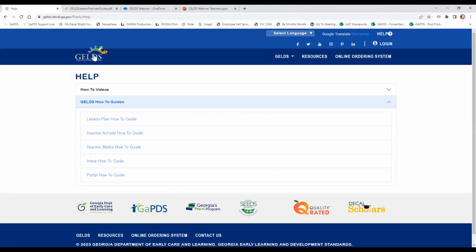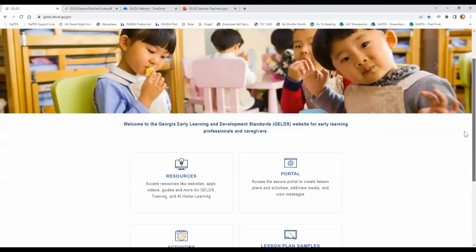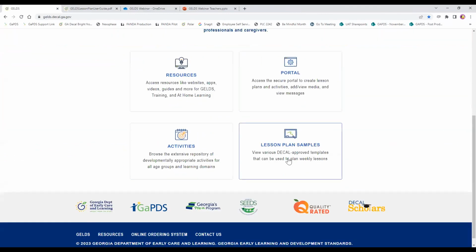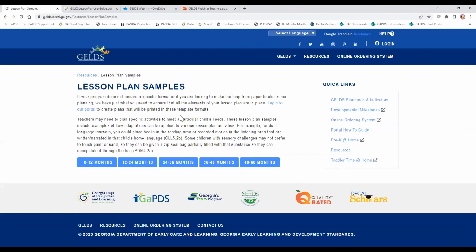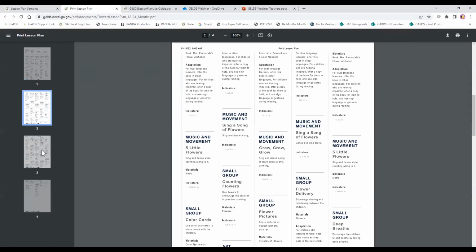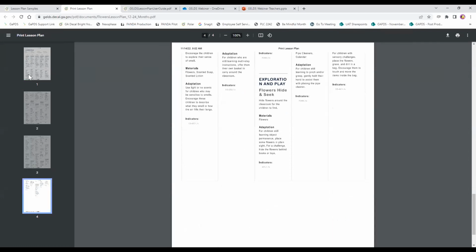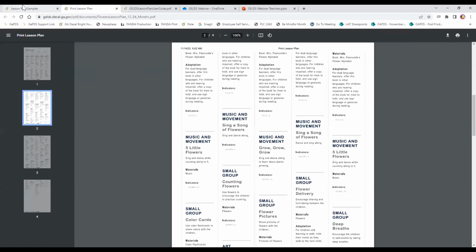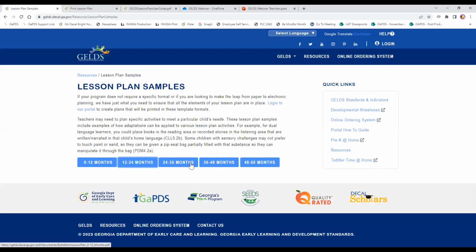So let's go back. In the center of the page, there are 4 important parts. One is lesson plan samples. That way, if you have any suggestions or you need any assistance, you can look at actual lesson plans that we have. Some great teachers took some time and created some for us. And you'll see the lesson plans that they've created. And they have them for each age group. So if we go back,